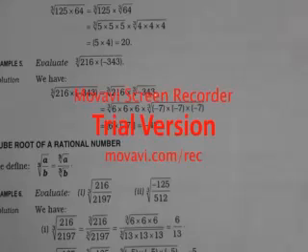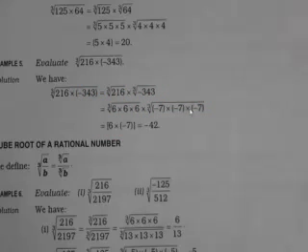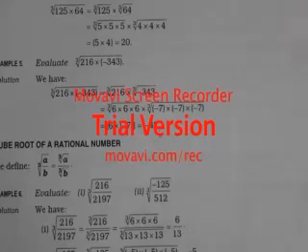In the same way here, minus 343 is written as minus 7 into minus 7 into minus 7, because when we multiply 7 into 7 into 7 we get 343, and when there is an odd number of minus signs, the product will be negative only. So you can see from here 1 has been taken out, 6, and from here minus 7 has been taken out. So 6 into minus 7 becomes minus 42. I hope it is clear to everyone.